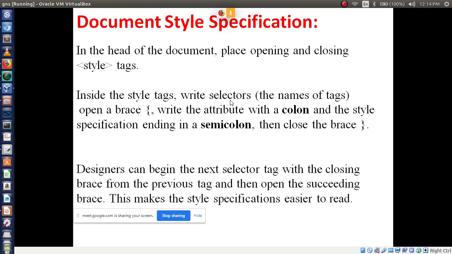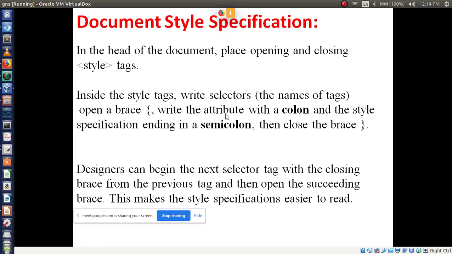In previous class examples you used the h1 tag. That h1 is nothing but a selector. P is also called a selector. Is that clear? If you are using a UL tag, that is also a selector. Selectors are nothing but tags, or you can say names of the tags.